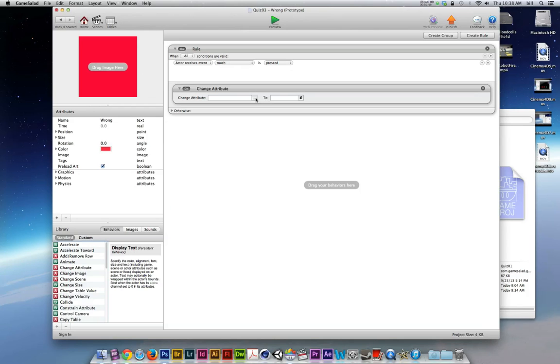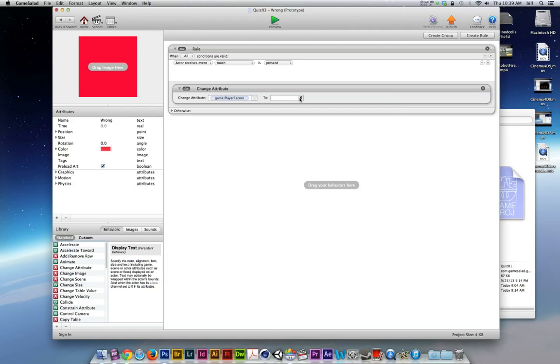Right? Because we made a score attribute and we want to be able to change that. When we get the wrong answer, we want to be able to subtract from it. When we get the right answer, we want to be able to add to it. So we have this change attribute function. So now we've got to go look for this attribute. So I'm going to click on the ellipse. It's a game level attribute, and the attribute is player score. So I'll double click on that. And we want to change this to